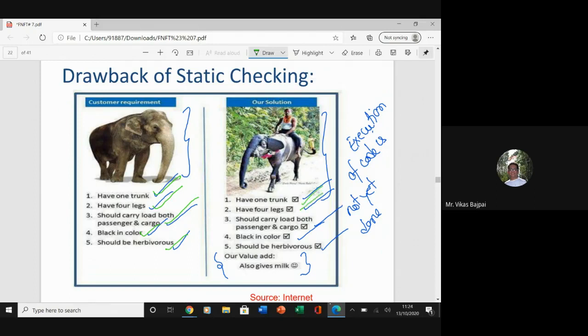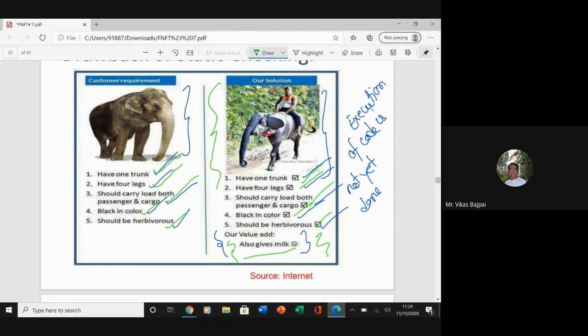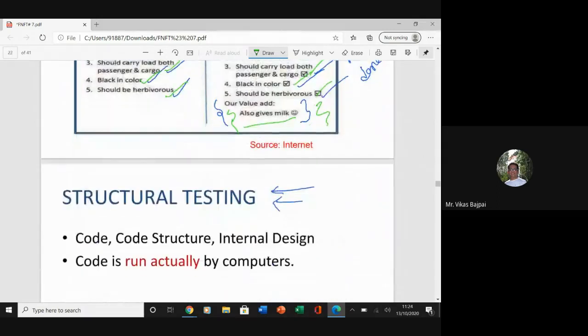One trunk, four legs, can carry load and passengers, both black in color, herbivorous, and here I also have one additional benefit. But in actual, this is not the thing which the client was looking for. So that is a major drawback of static checking, that I don't get what I'm looking for.